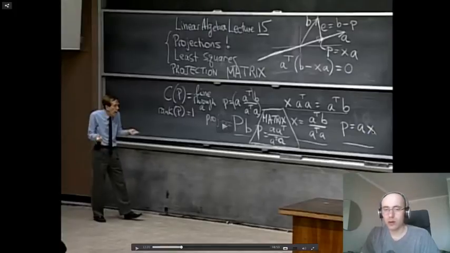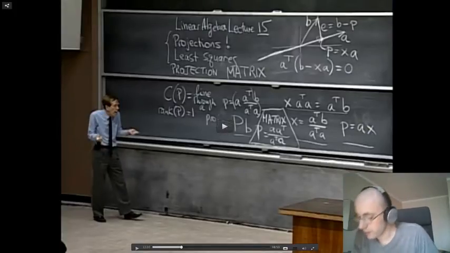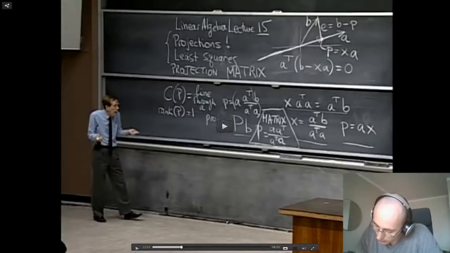Okay, I need to actually write all this down. So I'm writing what is the column space of P. P times B is always in the column space of P. Also,